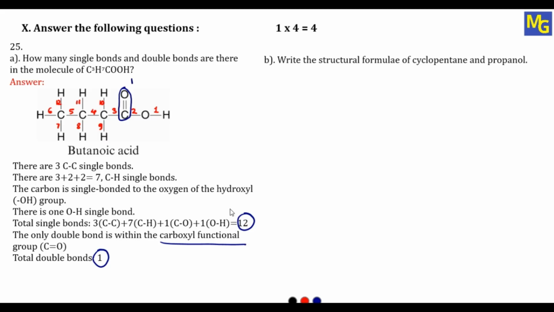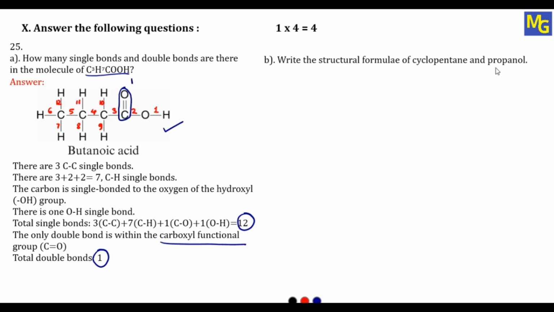Remember, whenever such type of question comes, it is very important to remember how to write the structural formula. So split all the atoms which are present in this formula which is given and separate all the single and double bonds, and then you can easily count single bond and double bond. Now we are going to move with the next question number B. Write the structural formula of